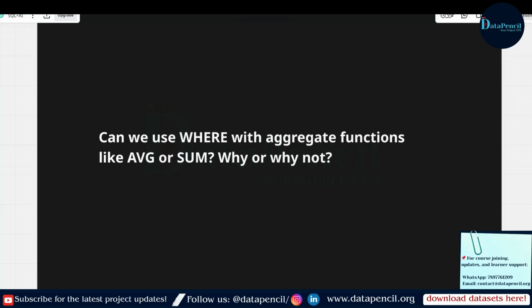For such cases, instead of using where, we use having. We will discuss having tomorrow, but for now, just understand that with aggregate functions, we don't use where.